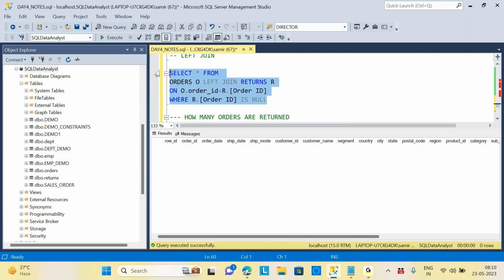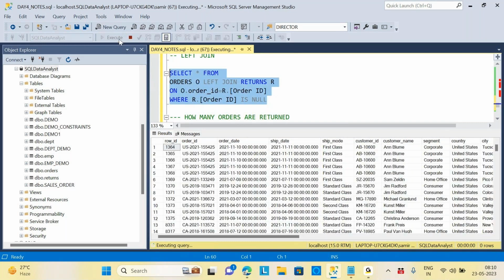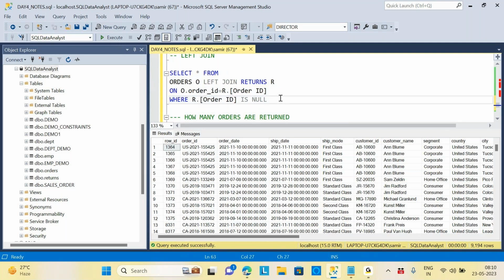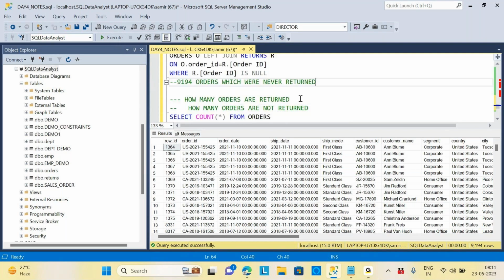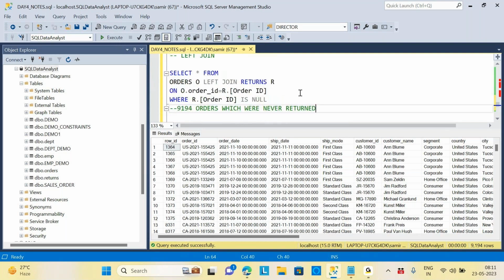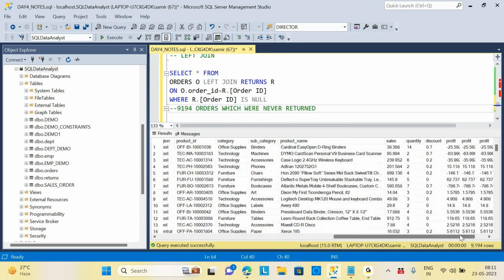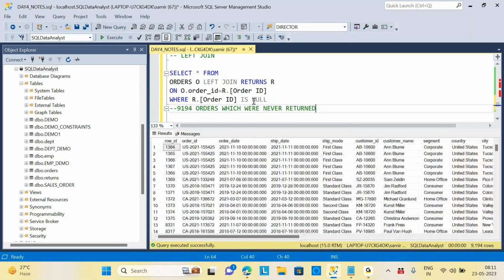Then what happens? I have 9194 rows. I have 9194 orders which were never returned. Correct? Is this clear? First point. And if you say IS NOT NULL,